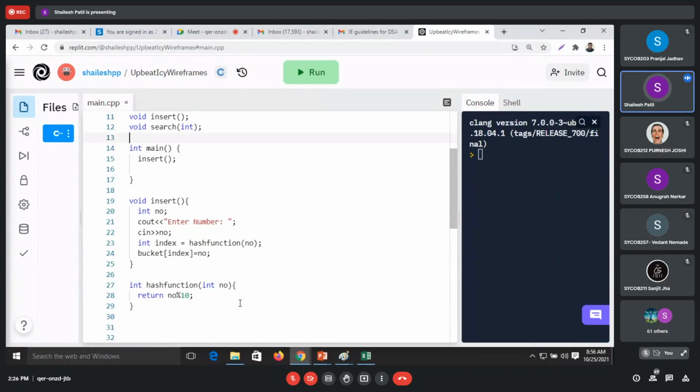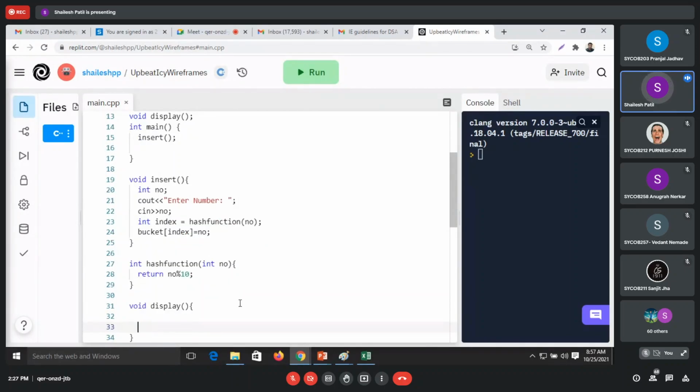Next thing, we'll add another function. It is not actually needed, but we'll just add display. So again we'll have this void display. There is no need to take index as an input, because we know the maximum number of elements will be 10, I less than 10, I plus plus.